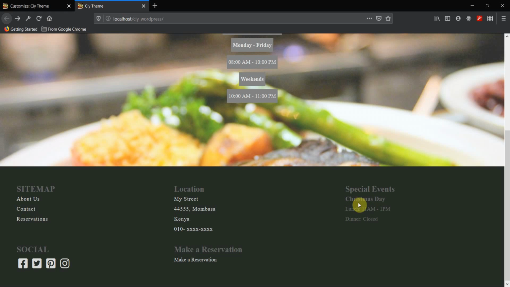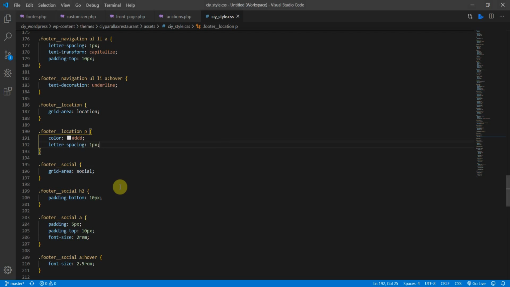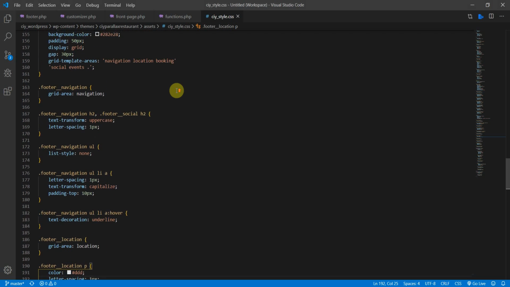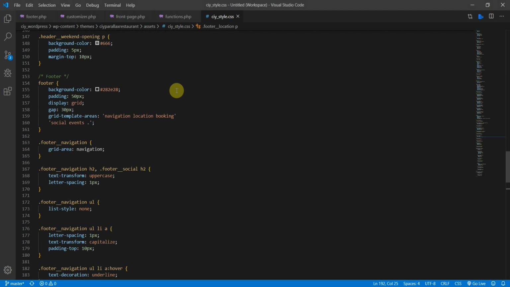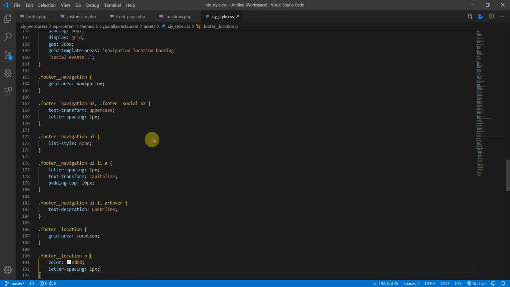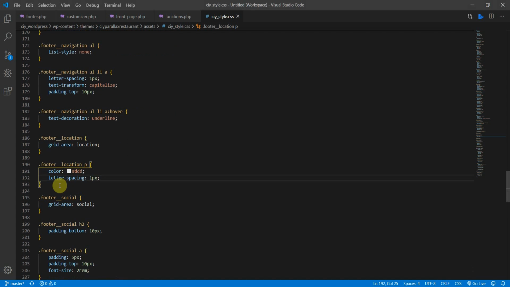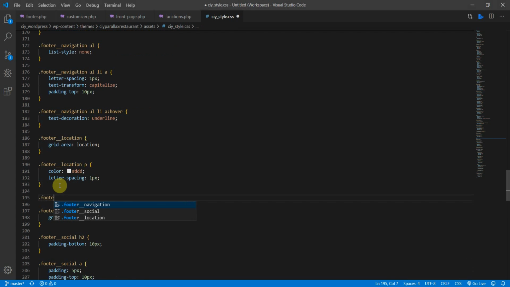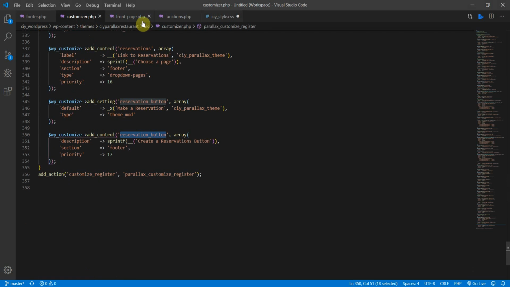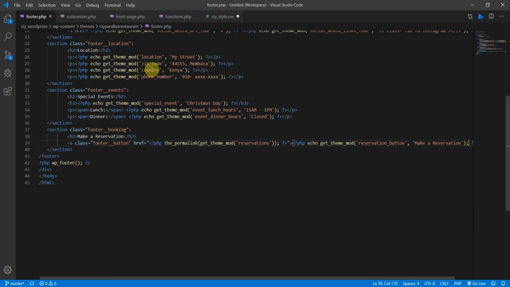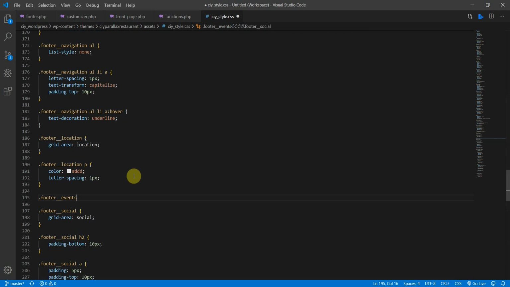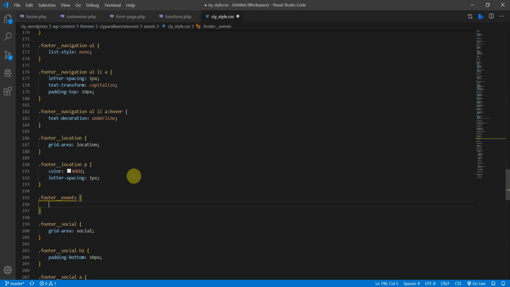So we have the special events there, so let's do something about it. Let's do it under location, because we actually get the booking there. Well, maybe we don't need to do much with booking here. Okay, let's continue with the events. So let's do footer, and then events. Is that what I called it? In footer.php, footer events. Yes. Okay, good. And then the grid area